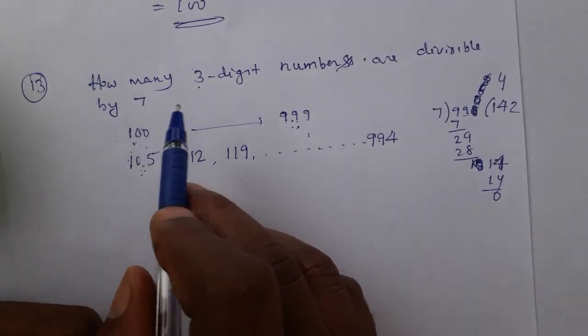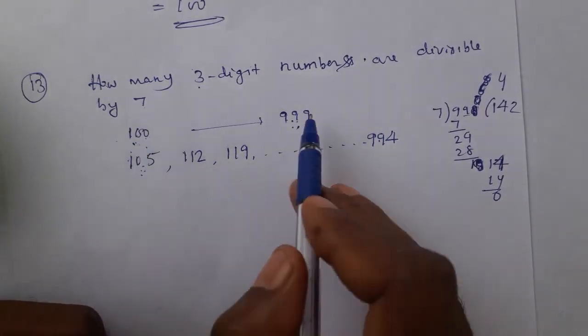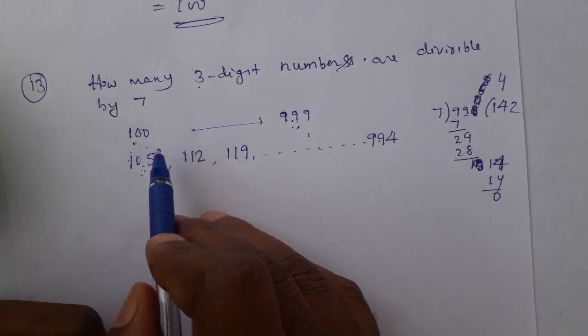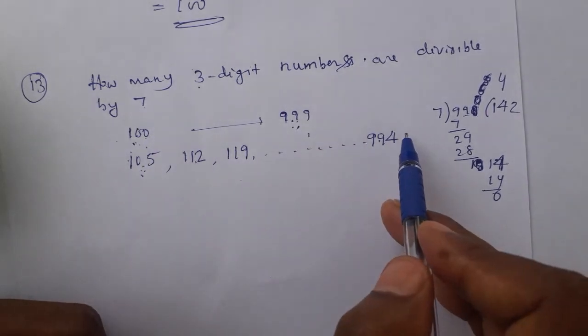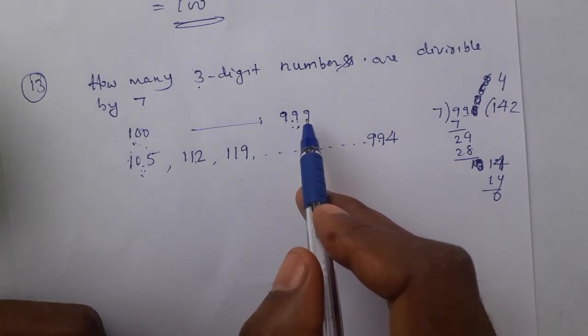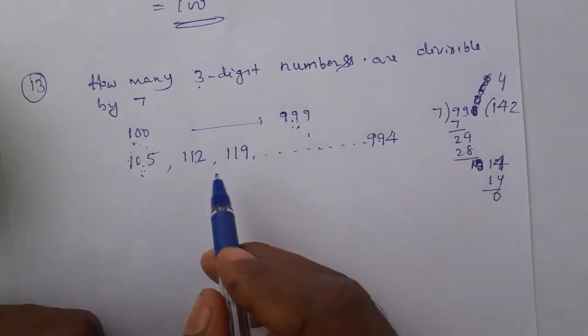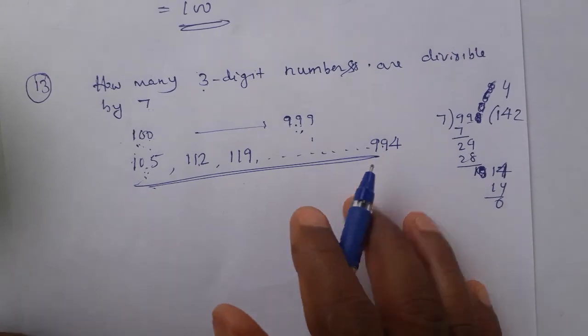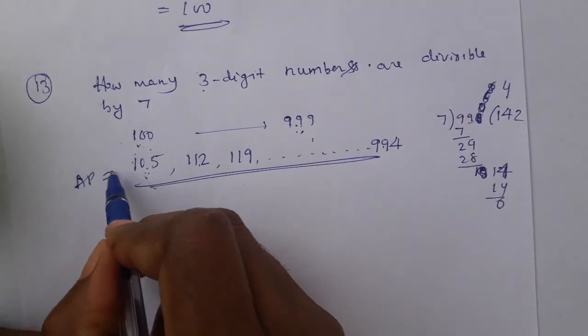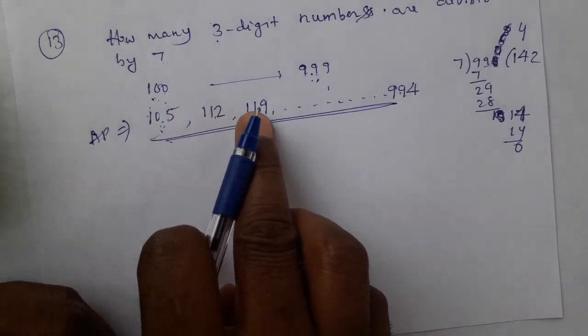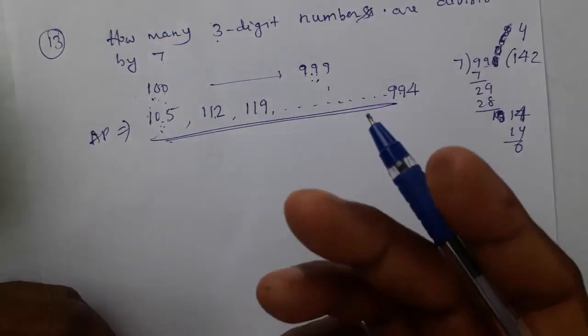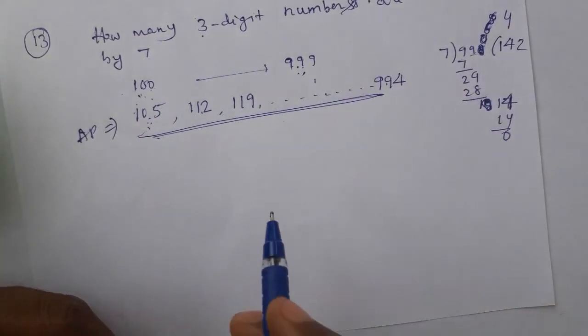Therefore, we have to collect the numbers divisible by 7 between these two. 100 no, 101 no, 105 is first, 112 second, dot dot dot. For the last number, 999 no, 998 no, it is 994. Now this is the required AP, students. How is this an AP? A is 105, then 7 more, 7 more, 7 more, so it is increasing by 7. Therefore it is an AP.